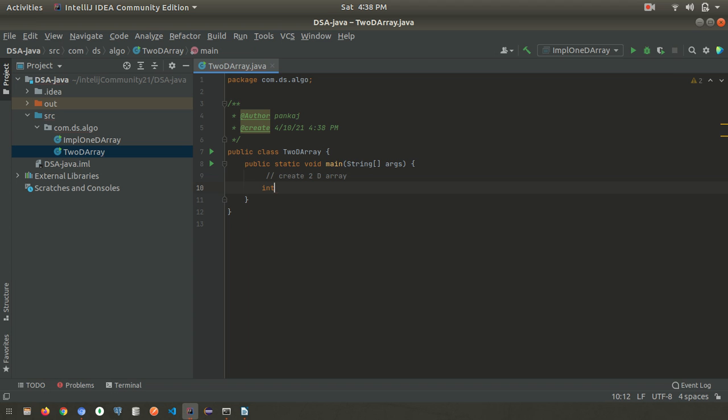If we want to store integers, we take int and a pair of two square brackets and the name of that two-dimensional array.